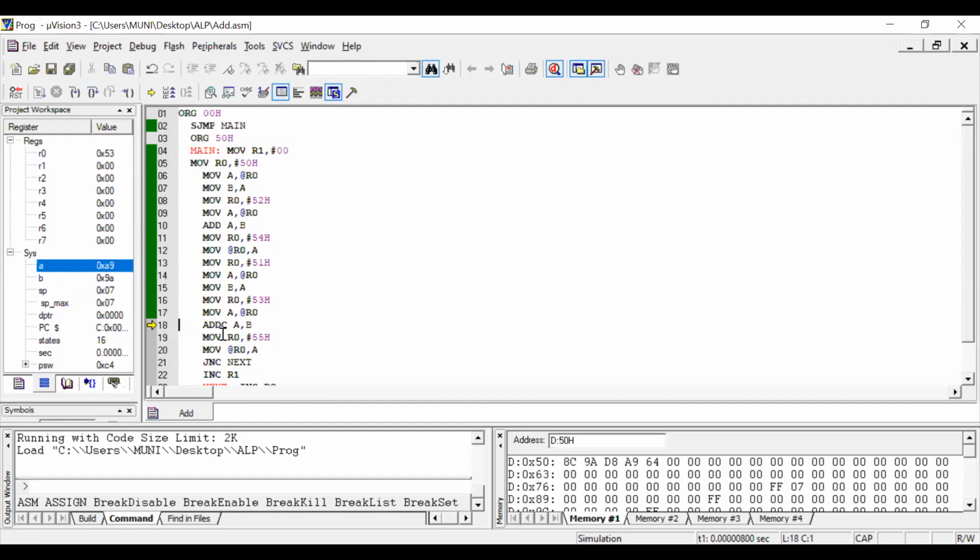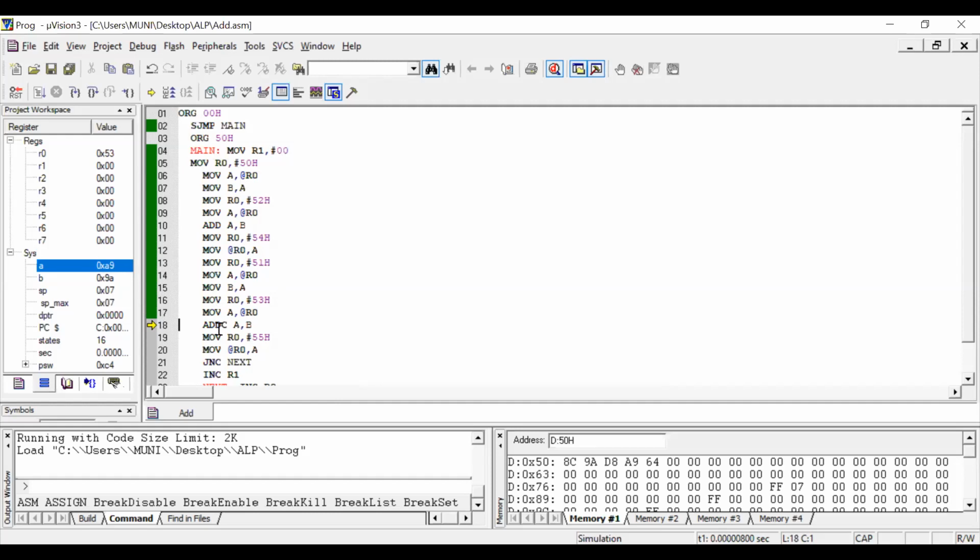Next, perform addition with carry. Already one carry is generated from the previous addition. Now the instruction is addition with carry. It is the second addition, so the previous addition's carry is always propagated. Here the second addition is performed. After completion of this addition, 9A plus A9 plus carry, the result is 44H and carry is 1.